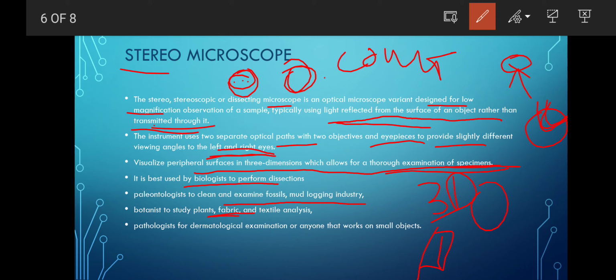Pathologists use it for dermatological examination, and in forensic science we use it for examining small materials found at the crime scene, also things like bullets and all.